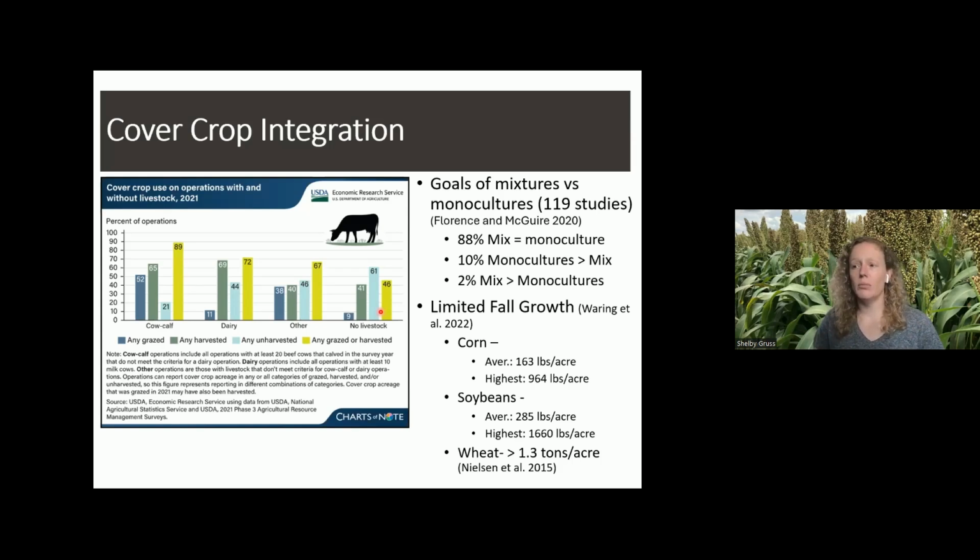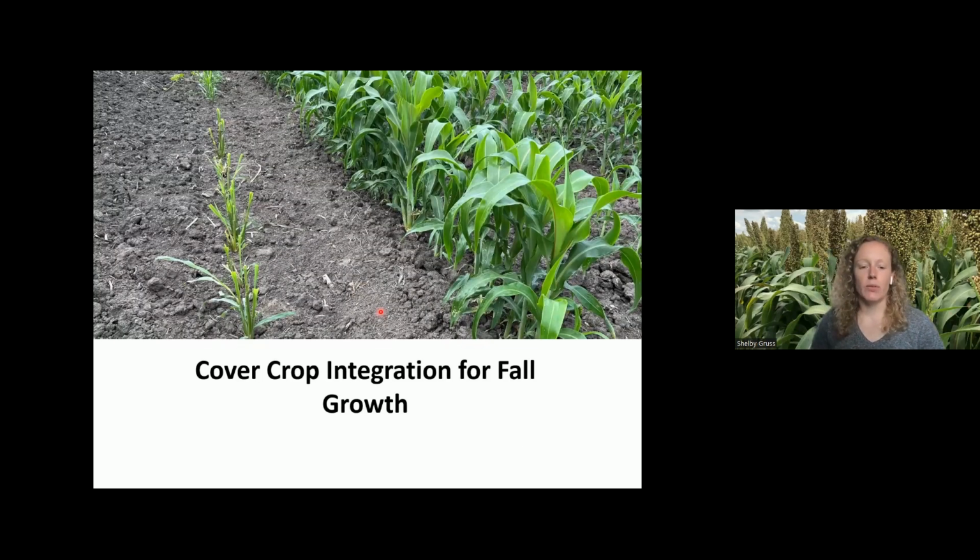So it was very limited that they could get a high amount of biomass production. But when you're able to follow something like wheat, when you're able to get it in earlier without the canopy, they were able to get quite a bit more biomass during that time. And so I'm interested in seeing if we can do cover crop integration in some of these warm season annuals,